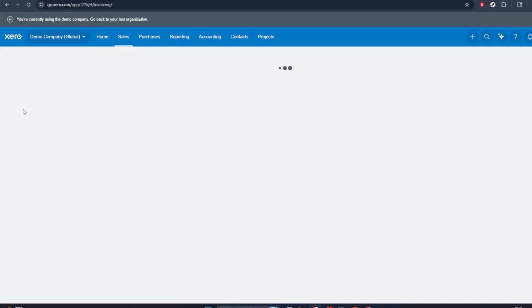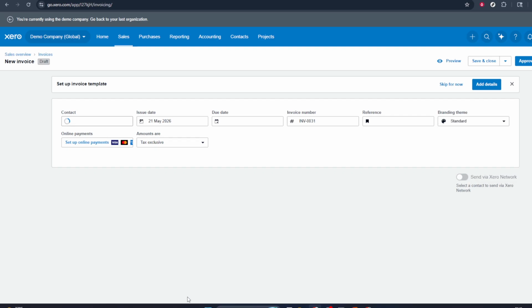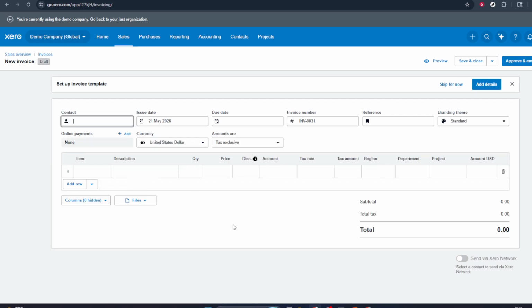After selecting the file, look for the option that says Add to New. Click on Add to New to tell Xero you want to create a new item using this document. Xero will then give you choices such as creating a new bill, expense, or another